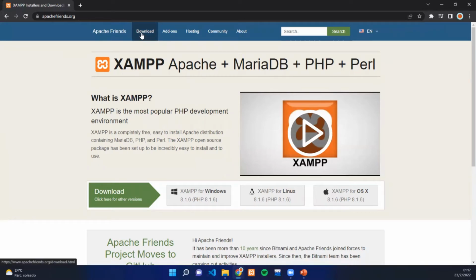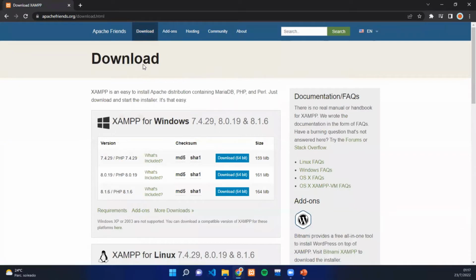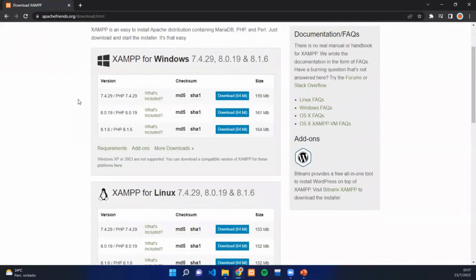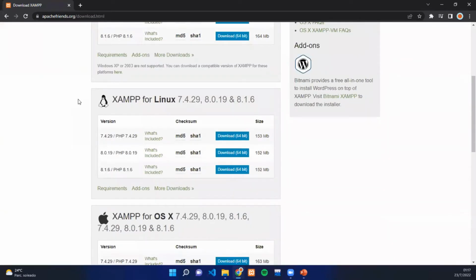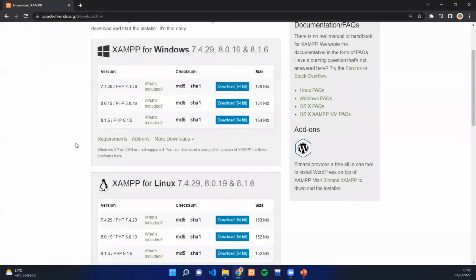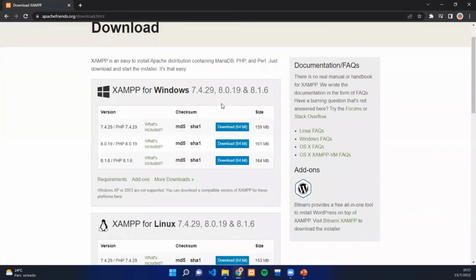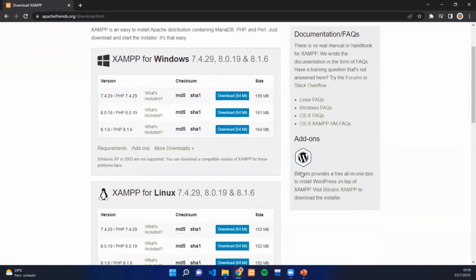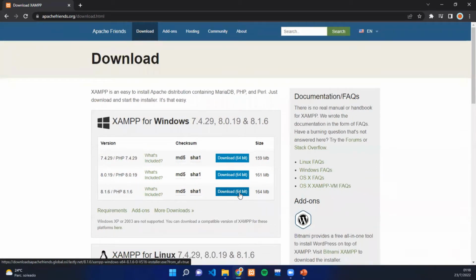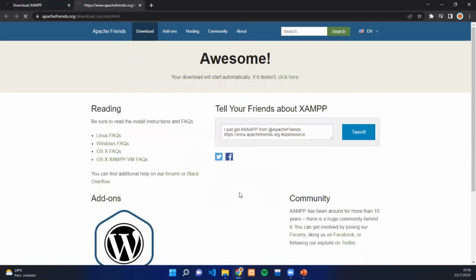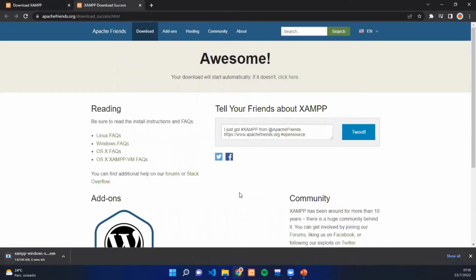We're going to head to the download section, and depending on your operating system, you will decide which version to download to your computer. In this case, if you have Windows like me, you can download the latest version of PHP, and it includes the packages that I explained to you before. For example, the package of the latest version of PHP and the web server as well. So it will be downloading